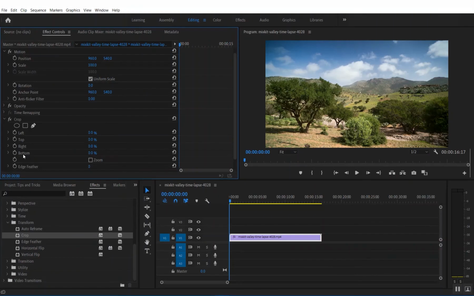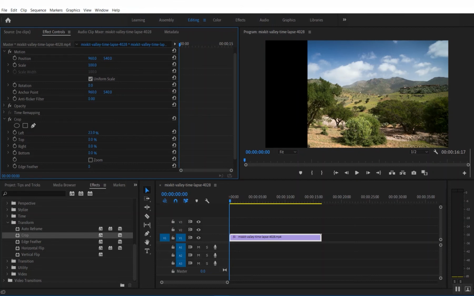So let's do it from left. You can just change the values, the percentage of how much you want to crop from the left side. Just click and move toward the up arrow, and you will see that your video clip will start cropping.